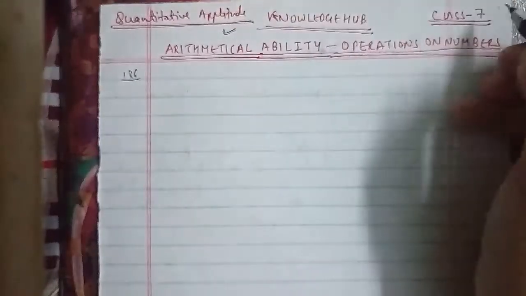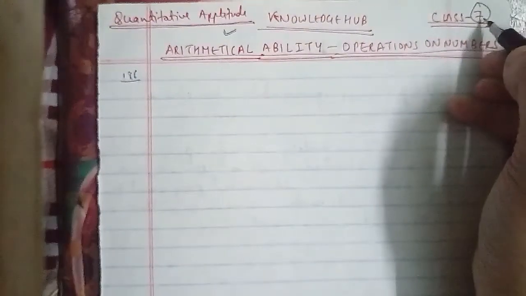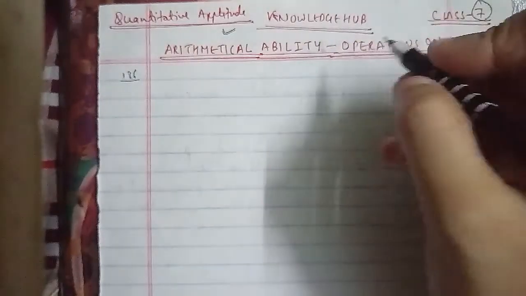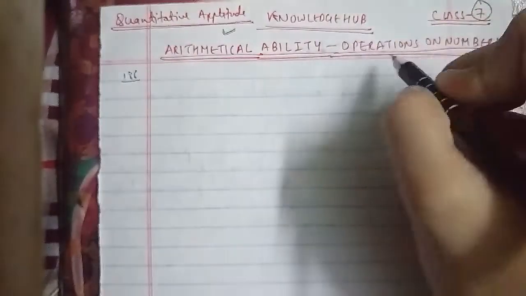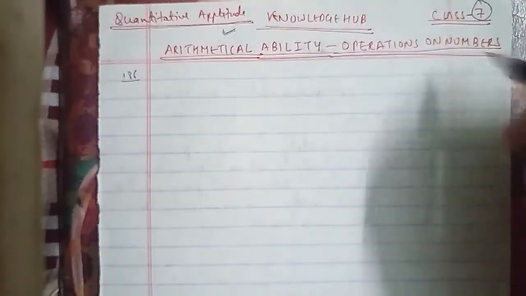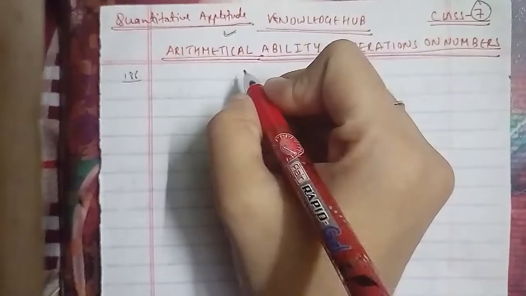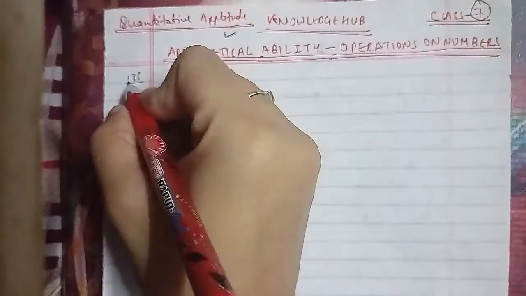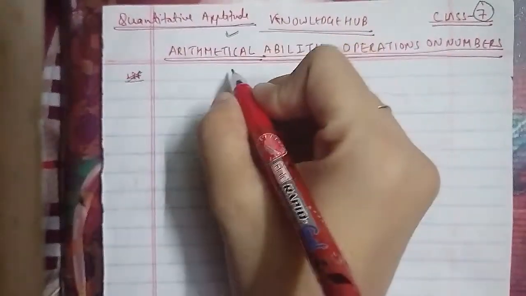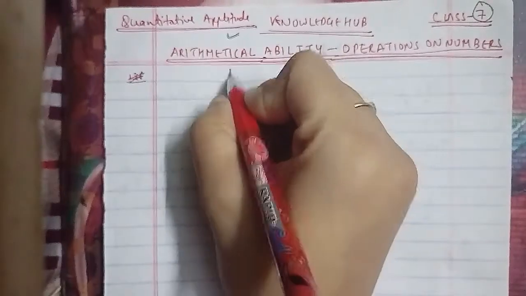आज हम क्वांटिटेटिव एप्टीट्यूड की क्लास करने वाले हैं, जो कि आपका क्लास नंबर 7 है। ऑलरेडी हम 6 क्लासेस कर चुके हैं, जिसमें हम अरिथमेटिक एबिलिटी एंड ऑपरेशंस ऑन नंबर्स कंप्लीट कर चुके हैं और हमने लगभग 200 questions cover किए थे. So today we'll discuss the 185 questions of the sessions, and now we'll discuss about the second topic, which is your